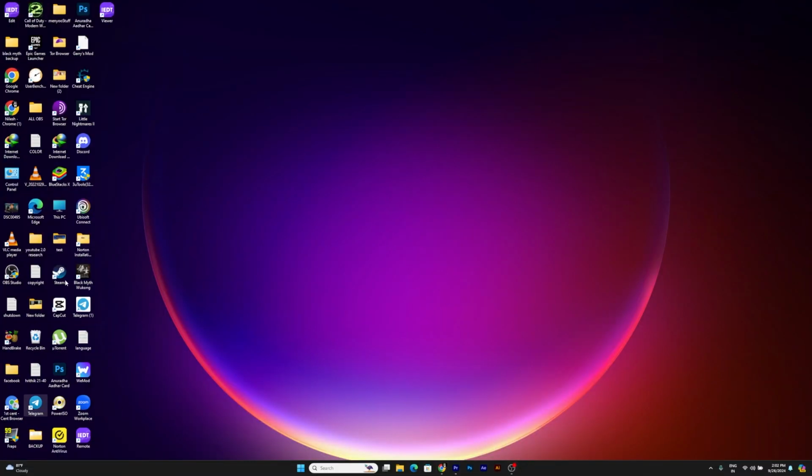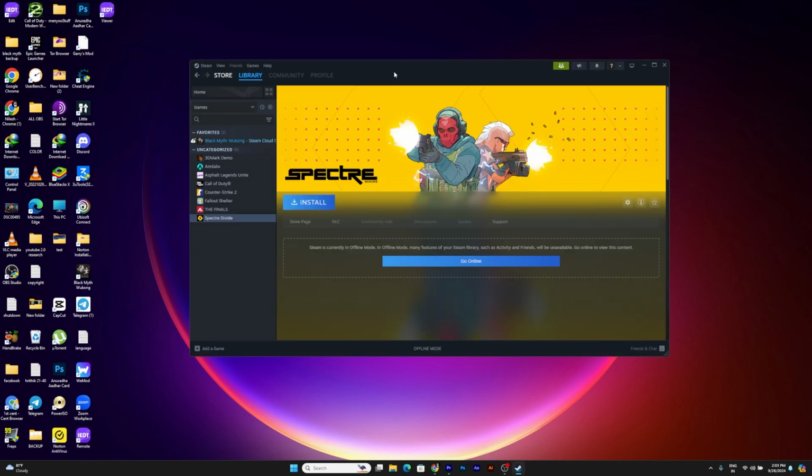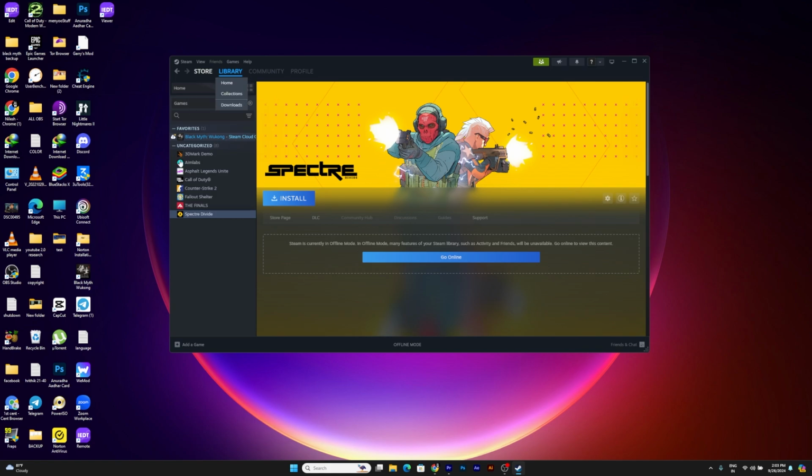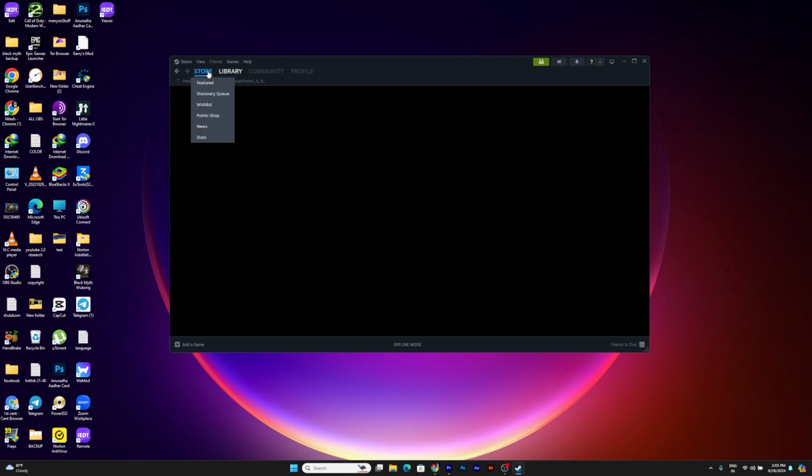And then Steam will look like this. All right, this is the Steam logo. So for the first time, if you are doing this, then you need to create a Steam account. Right, just create one, and this is the Steam interface. Go to the store,